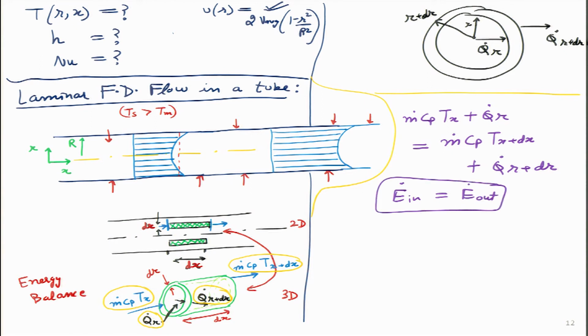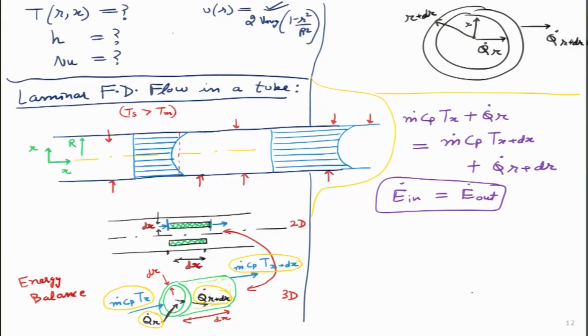Now, some student may ask that why is there not a storage term? It can be E dot in equals to E dot out plus E dot stored, because not everything which has entered maybe has to leave, then some storage is there. Then what will happen if energy storage? Then temperature has to rise, which means it becomes unsteady or transient problem. Here we are assuming it is a steady state problem. So, all that transient term goes away. Now, let me also write over here. So, this will be my equation number 1. This whole big thing is equation number 1.